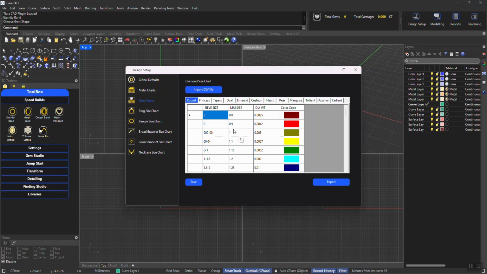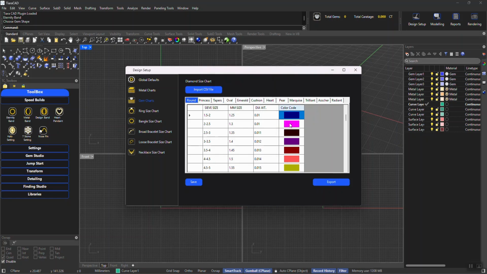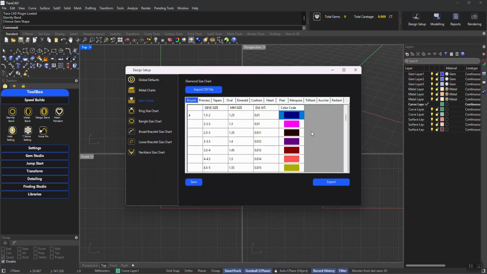Likewise, we have gem charts. Now in the gem charts, we have not only filled in the diamond weight per mm size, we have also given a color code in terms of hex values for you to work with. You can also go and modify it from here itself, or you can export the file just like we had done earlier with the metal chart, make your modifications and come back to import it with your specific sizes